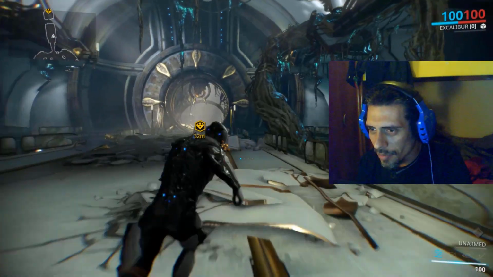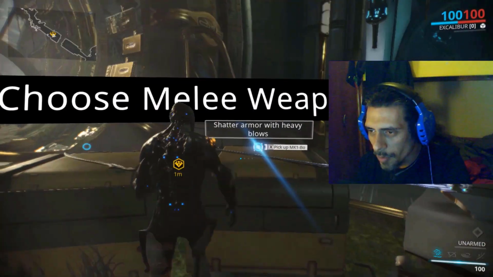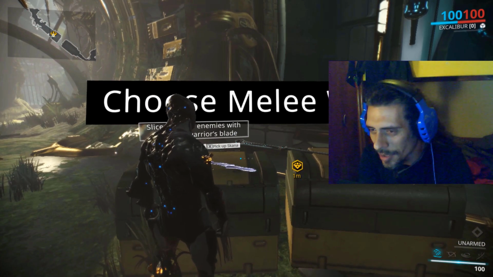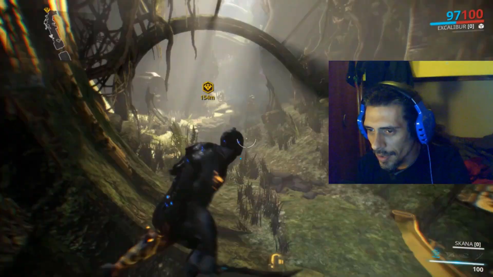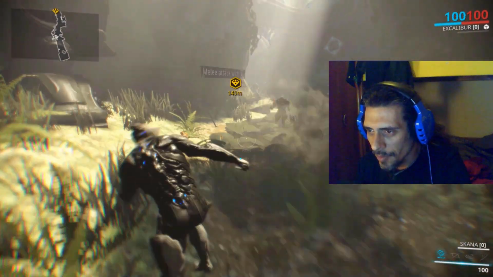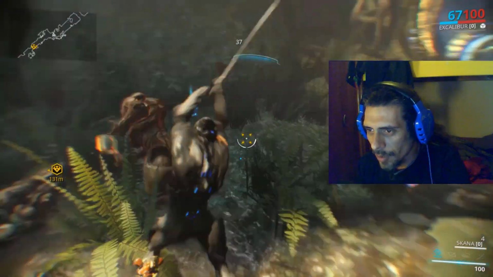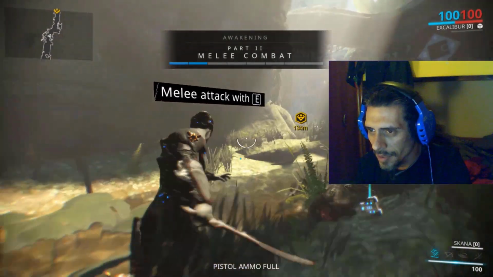Here it teaches how to run. Here, space to jump. Here you have what weapon to choose. The Excalibur is a swordsman and a fighter with a sword. He has his own sword. You just have the first power unlocked, and the weapon. To do the melee, it's not the mouse, it's always the